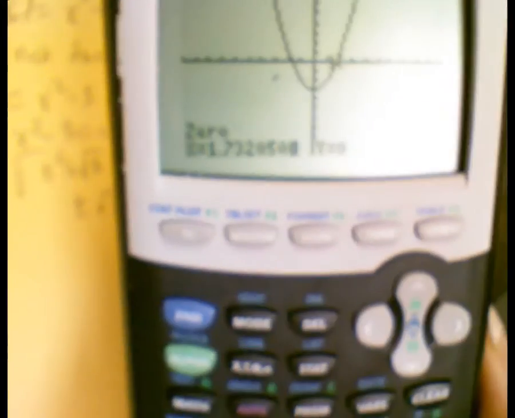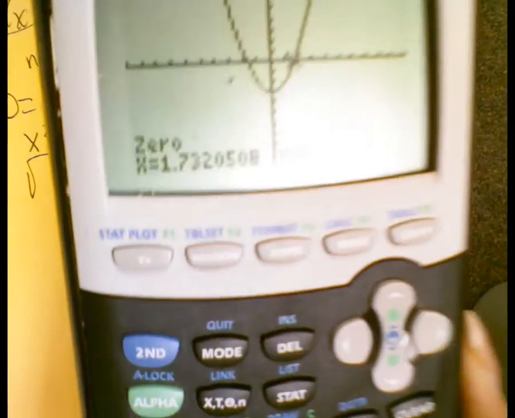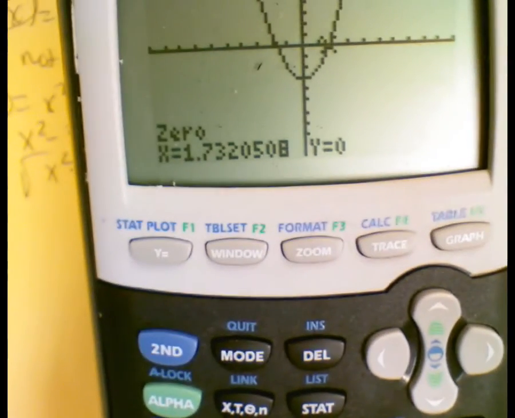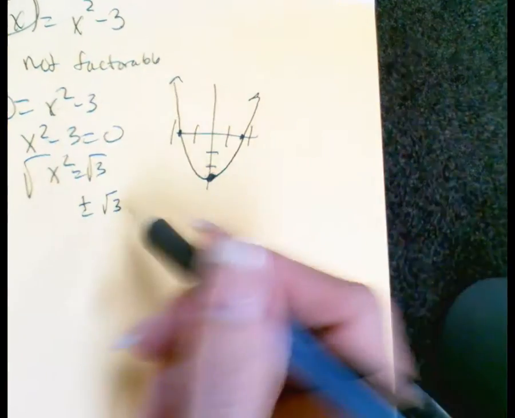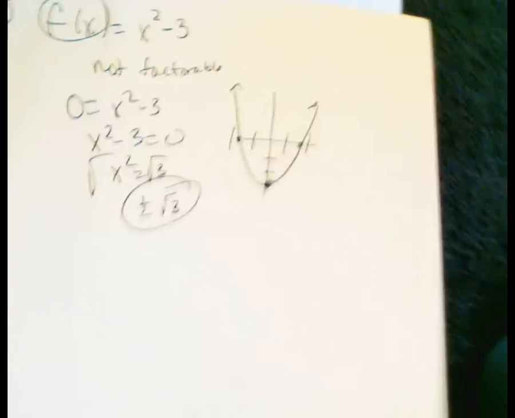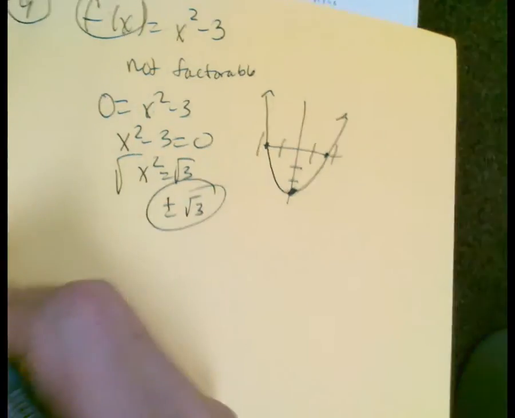There it is, 1.7. What is 1.7? You know what that x0 is? That's what square root of 3 is. That whole decimal is square root of 3. Now square root of 3 is the exact answer, so I would want on this problem for you to give me the exact zeros. So 11